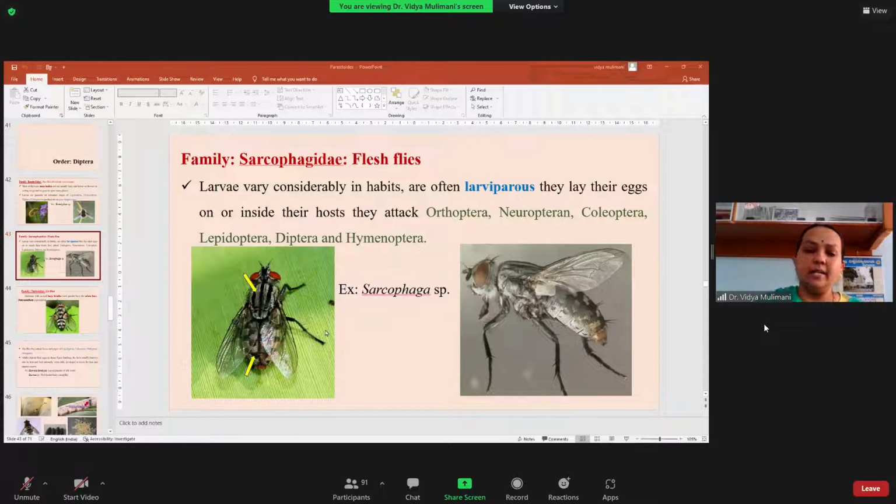Because the life cycle is completely different. Eggs and larvae are in the water. The pupa is also in the water. Only the adults are parasitic, that means they need the blood. But here it is not the case as with other parasites. For example, you take some of the